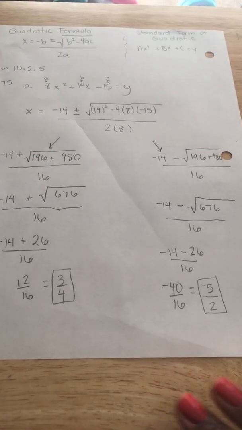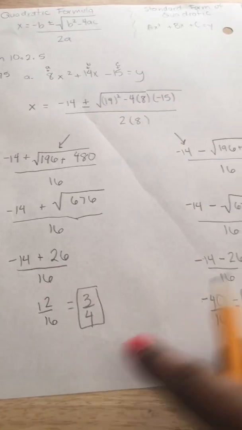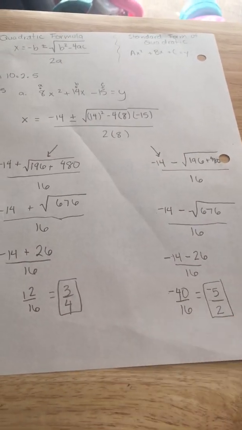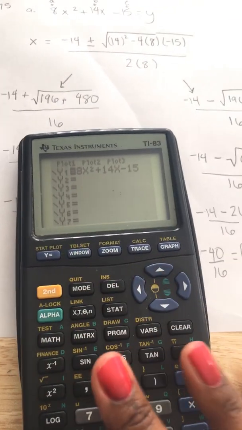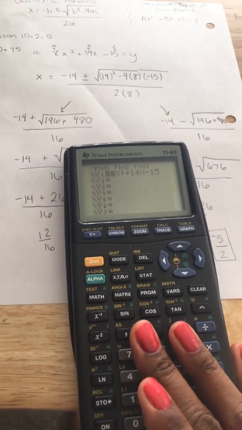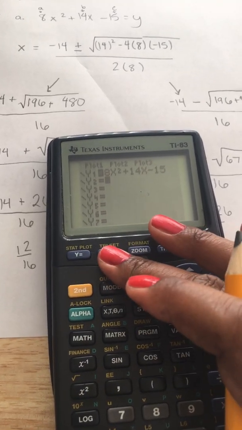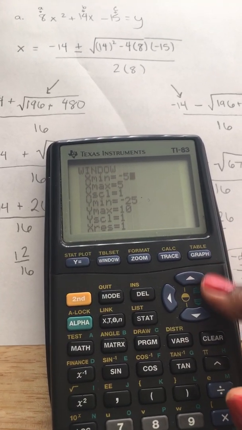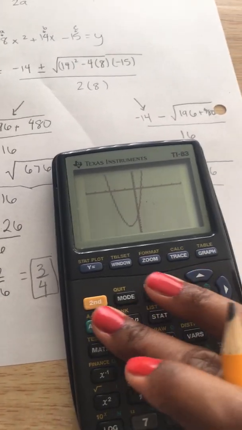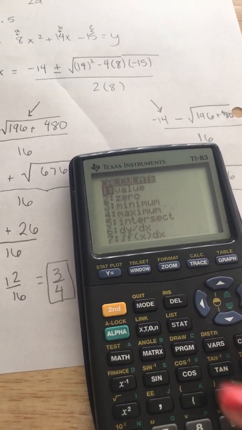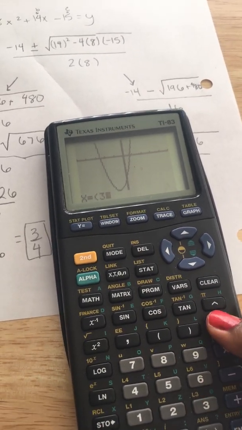Now, what does that mean? That means if I graph this, these are the x-intercepts, just like when we solved it by factoring. Let me show you. So back to my handy-dandy calculator from 1997, and I typed in the equation. Here's my window that I used. Here's the graph. So 12 over 16 is equal to 3 over 4. So if I plug in that value, 3 divided by 4,